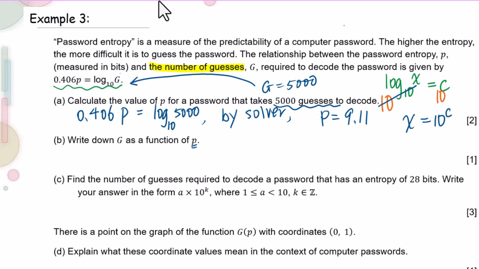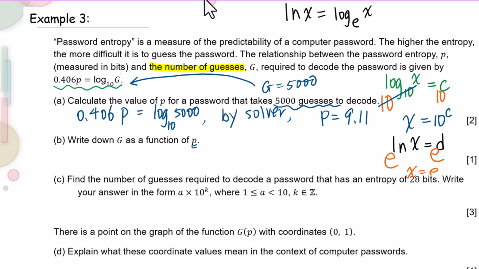Another logarithm function we will use a lot is the natural log. Natural log of x equals d. We do know natural log of x equals log base e of x. So we will add e as base on both sides. X equals e to the dth power. For this function,